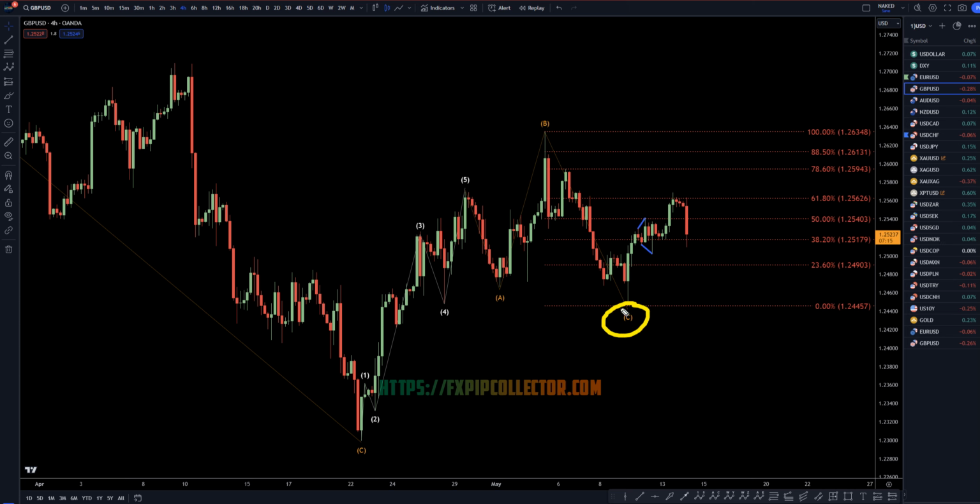I believe that this is the end of a correction right here. I think this is an A. I think this is 3 waves up for a B. I think this is 5 waves down for a C. Nice breaker structure. I think, if anything, this is probably just retesting structure. And I think there's a very good chance that today it will end up continuing the uptrend, either at the Powell speech or maybe at the PPI news.